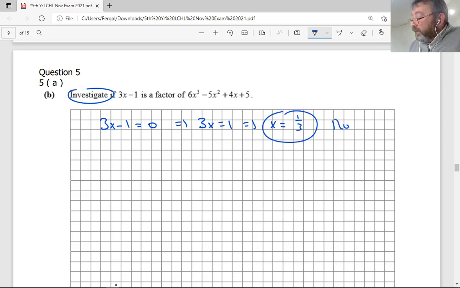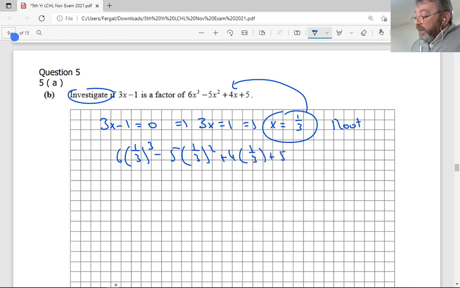Now that's the root. And what do roots do? Roots substitute. So if I take x equal to a third and I plug that into this equation here and it goes to 0, then happy days. It is a factor. But if it doesn't go to 0, it's not a factor. So let's see what happens. 6 times a third cubed minus 5 times a third squared plus 4 times a third plus 5. What does that become? Well, 6 times a third cubed. Now that becomes 6 over 27 minus 5 times 1/3 squared becomes 5 over 9 plus 4 over 3 plus